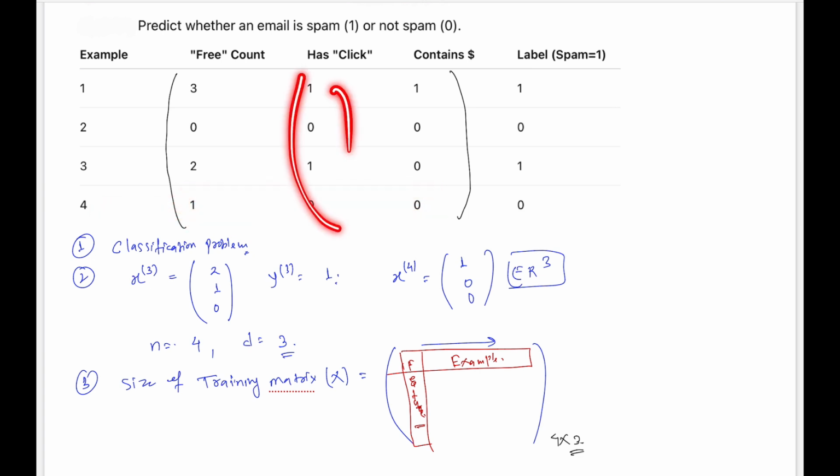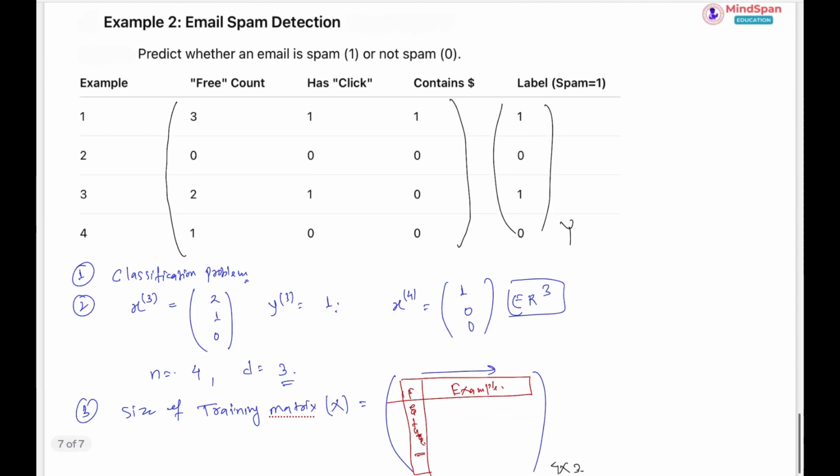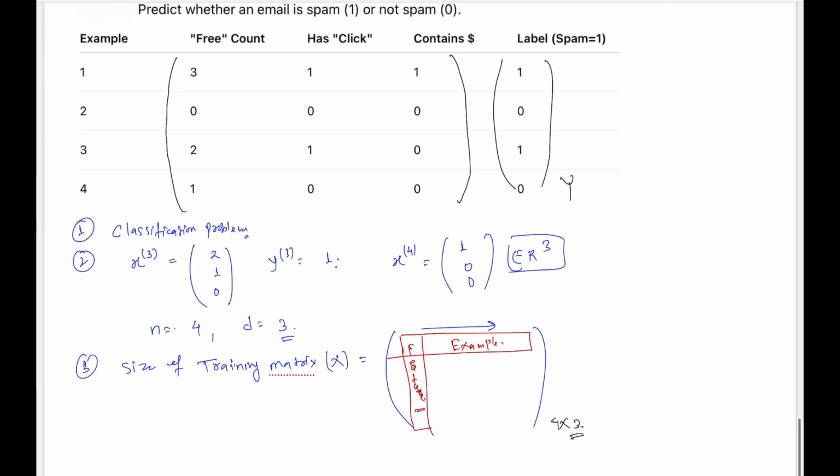कोई भी अगर आप कॉलम पिक करोगे तो आप किसी एक फीचर को पिक कर रहे हो फॉर डिफरेंट ईमेल, राइट। और अगर आप इसको एज अ वेक्टर लिखोगे सो दैट विल बी वेक्टर Y विथ कैपिटल लेटर, राइट। और ये जो है सारे उसके कंपोनेंट हो गए, जैसे कि y3 1 हो गया, राइट। ये क्लियर होना चाहिए। बाकी आगे जैसे जैसे हम लोग जाएंगे वैसे वैसे और क्लियरिटी आती जाएगी, ऑल राइट।